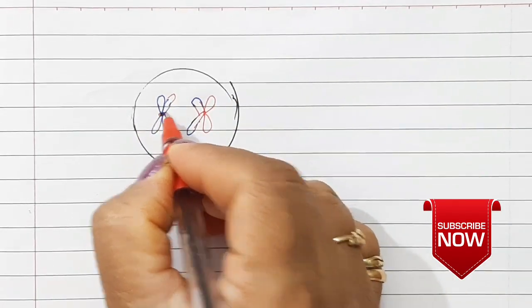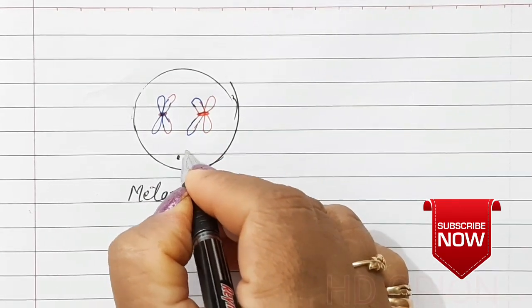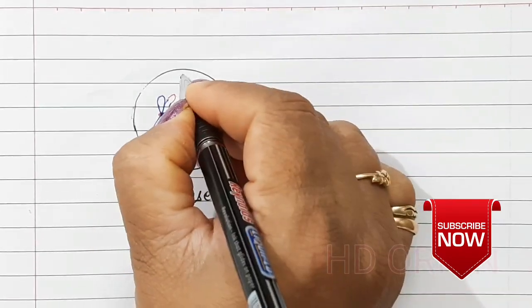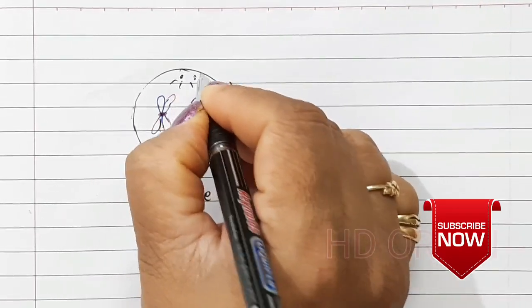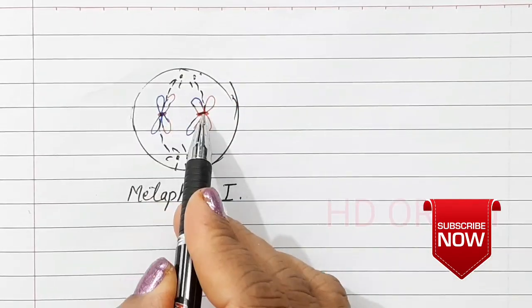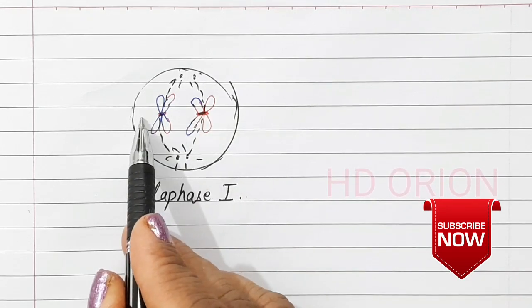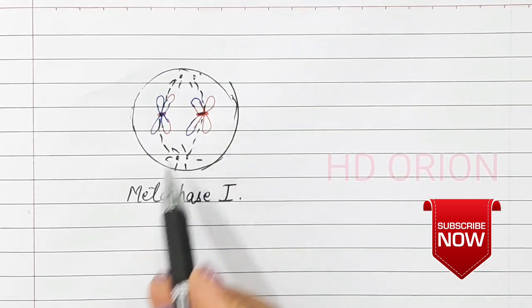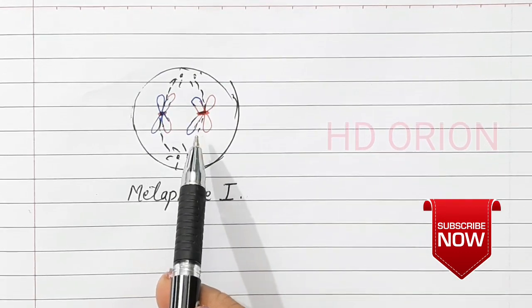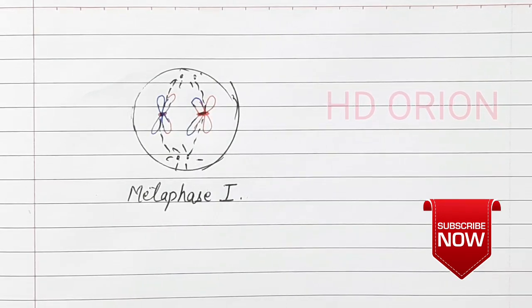The centromere is present in the center, and the spindle fibers produced by the centrioles traverse the entire length of the cell. The spindle fibers attach only at the centromere. So what we see here is that the chromosomes align at the center of the cell, that is at the equator, and we see that the chromosomal segments have been exchanged and the nuclear membrane and the nucleolus have totally disappeared.